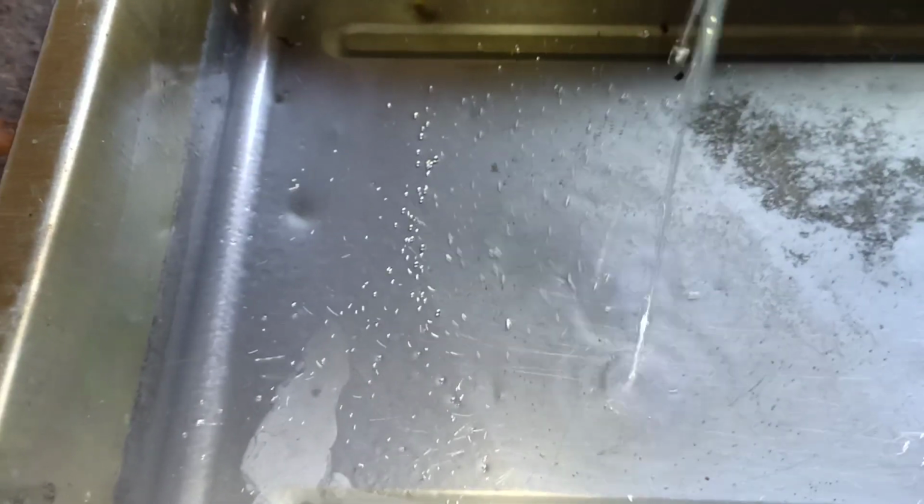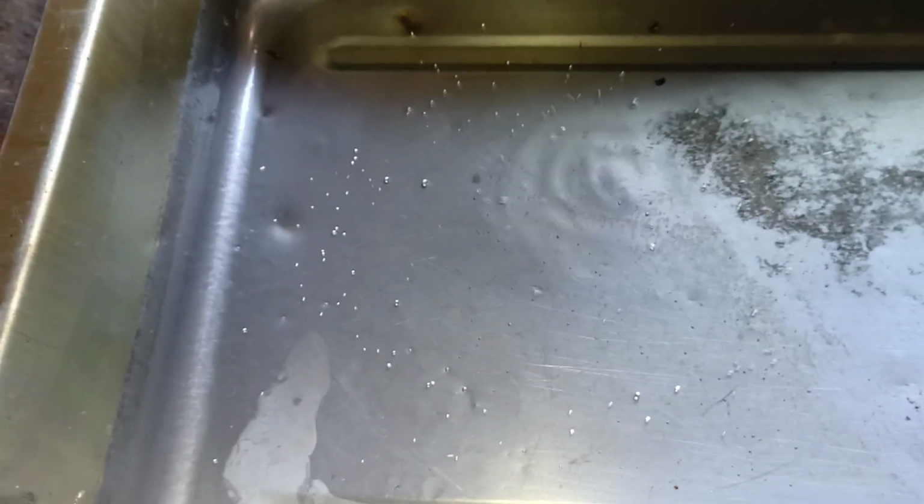Yeah, this one has quite a bit of water. But the diesel itself is not dirty. So the reason why I replaced it is the water. One other thing,